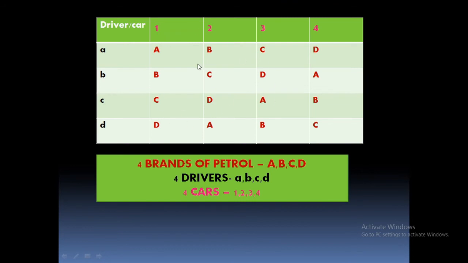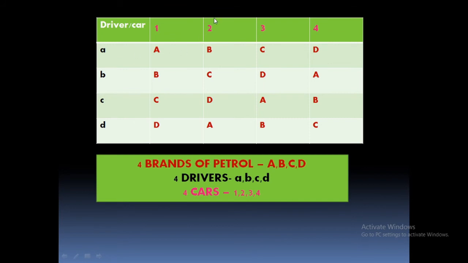See, when you take the first example, fix column A. That is the driver A, using the 4 brands of petrol. Driver A is assigned to different cars and 4 kinds of petrol. See, driver A, car 1, 4 kinds of petrol.